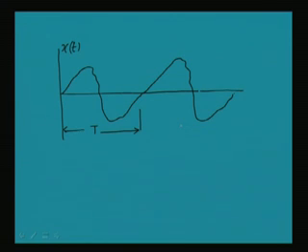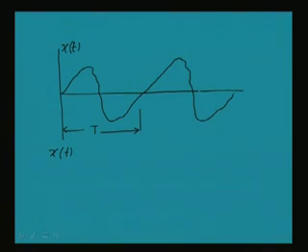and we know that the French mathematician Fourier explained that this periodic signal can be split into sine and cosine terms and their harmonics, and that is what we call the Fourier series. So this periodic signal can be expressed in terms of sine and cosine terms. Let us see what those terms are. If this is the periodic signal x(t), we can express that signal in terms of some constant term and